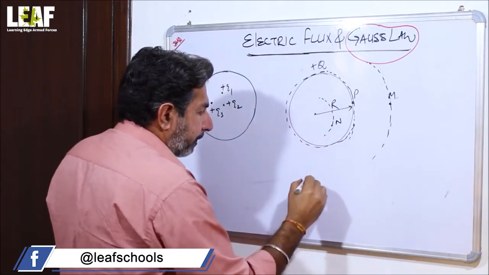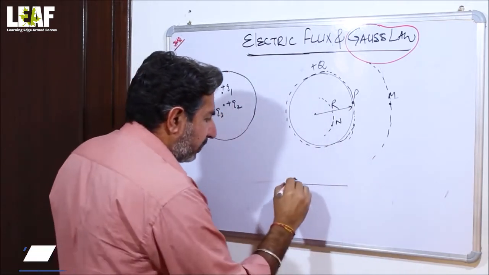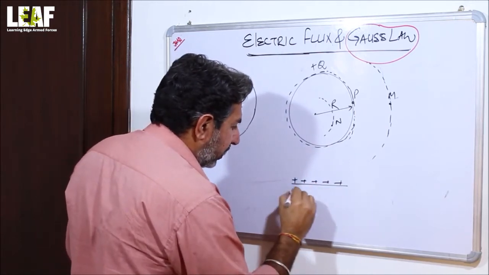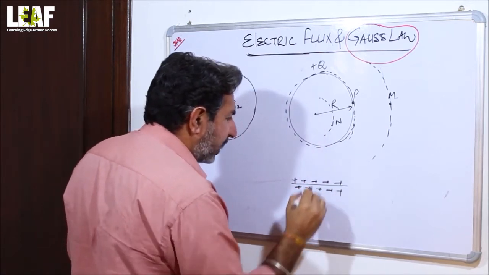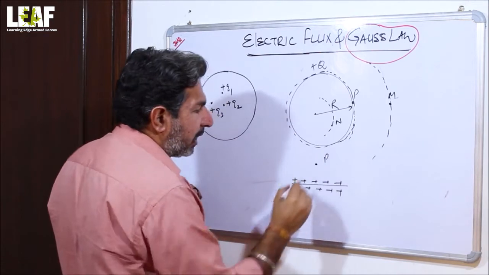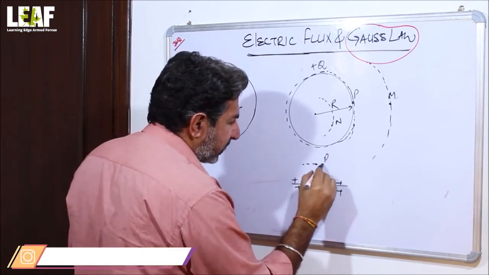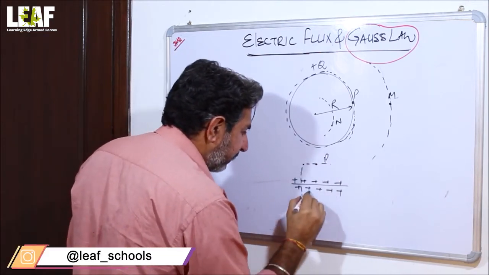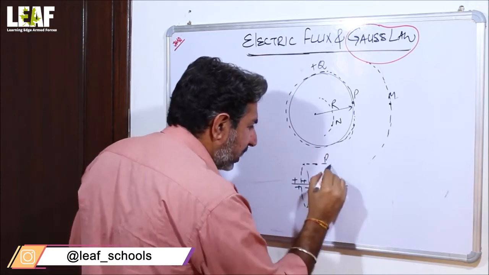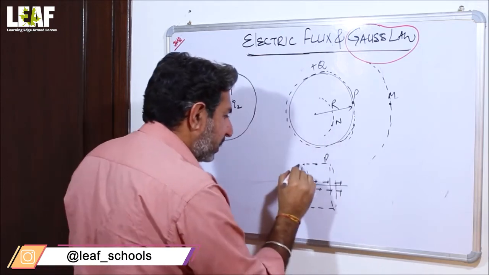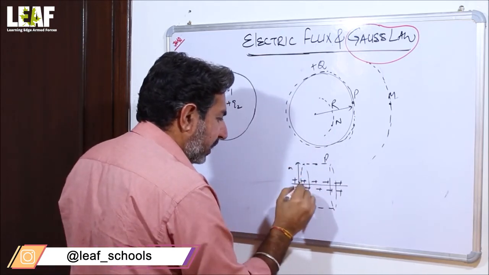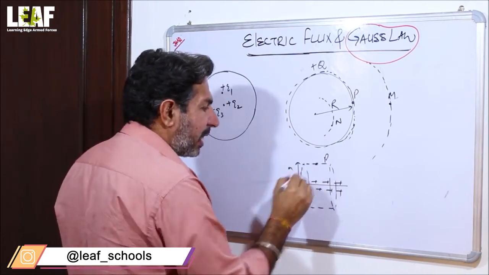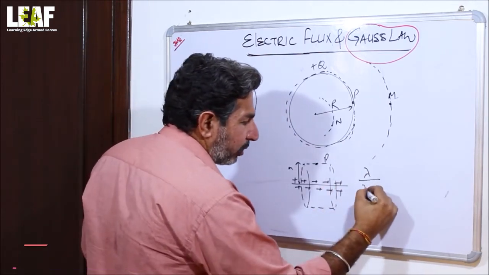Similarly, there is a linear charge conductor, and you have to find out the electric field at any point P near this conductor. Again, you have to consider an imaginary surface, say it is cylindrical, and you are going to get the value. Say this distance is A. It means the radius of the cylinder will become A, and you will get the value lambda by 2 pi epsilon naught into A.